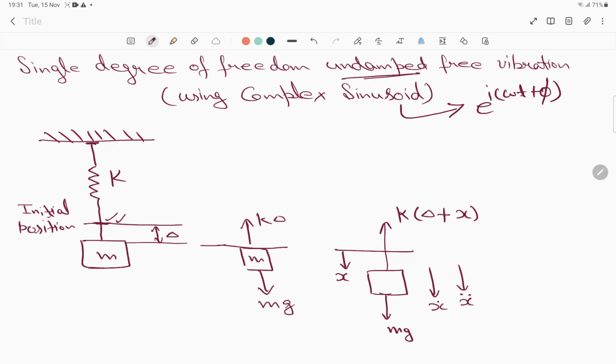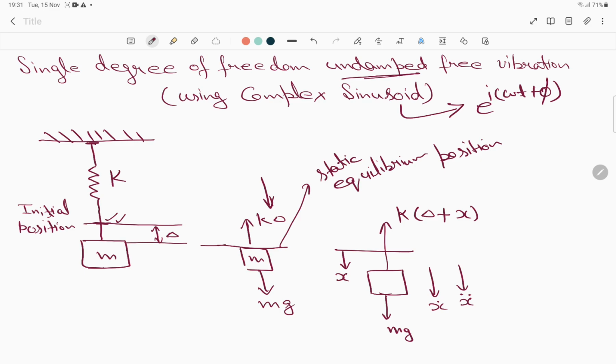Then by this mass you are pulling the spring. When you pull, the spring will always try to go back, and that is what is happening over here. The spring is trying to go back, and that is the k delta force which is acting over here. And this is what is basically called the static equilibrium position. So this one over here is the static equilibrium position,